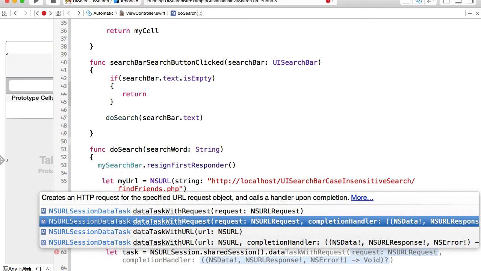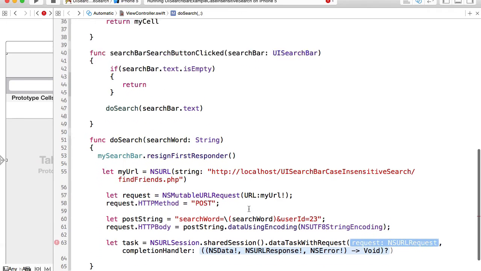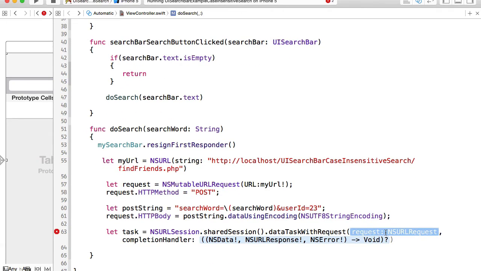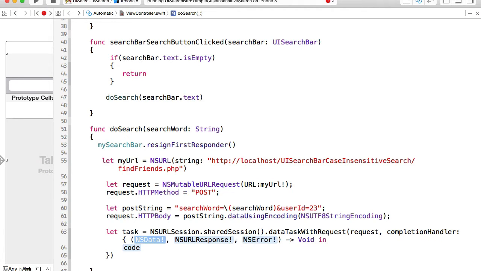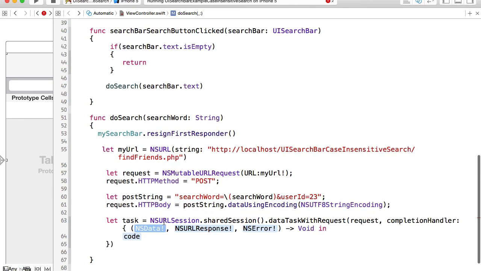So yeah, this one. The first parameter is our request, which we have just set up, and then our completion handler is going to be